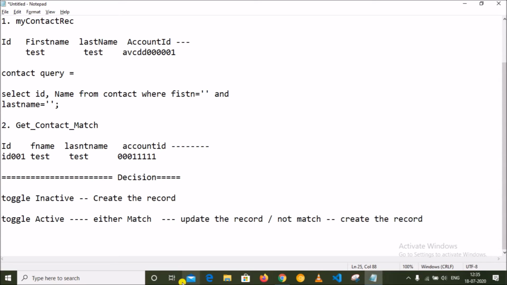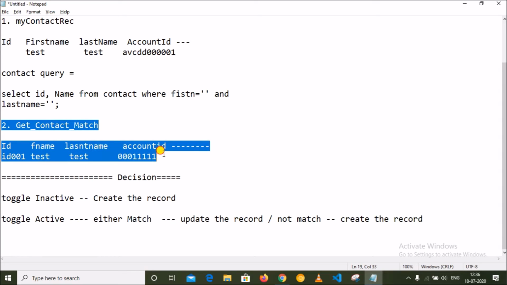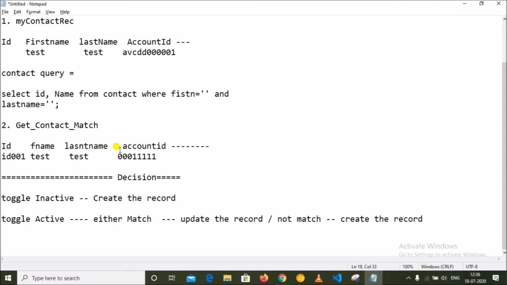Okay, so if the toggle is inactive, by default I have to create the record. I do not need to match this part. Okay, so I don't need to query in Salesforce. So I will create the contact directly. And if the toggle is active, in that scenario I will have two options, either match or not match.